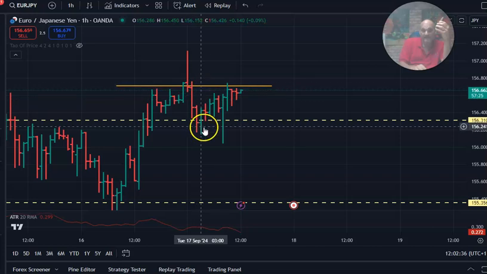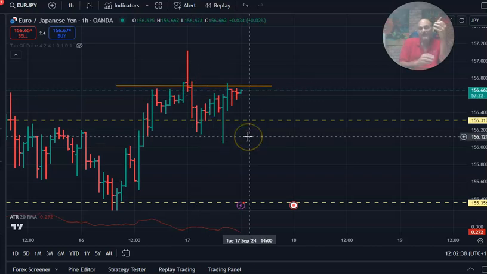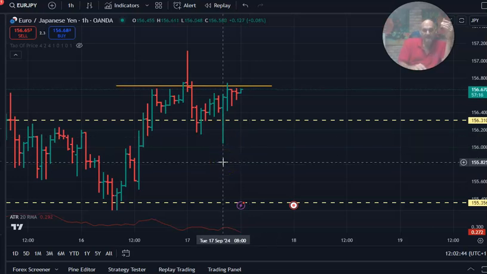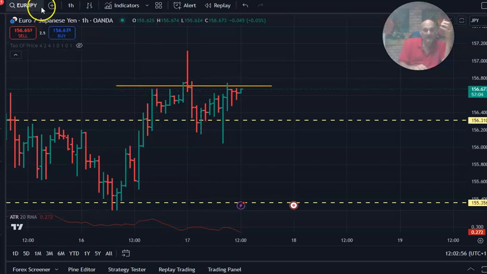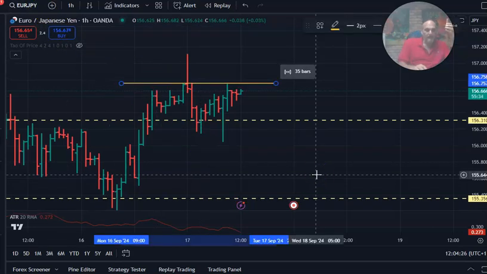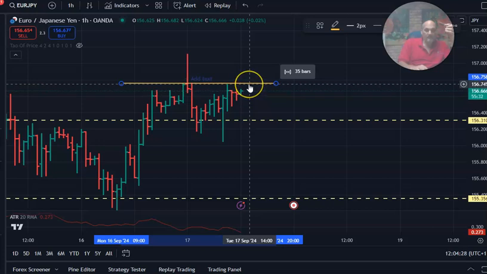Now it did it last night, so I don't know if that puts the kibosh on that. But what was the low last night? 156.04. Okay, that's going to change the analysis a little bit. Hang on. Wait, what was this low? Hang on, let me do some quick calculations. Okay, so the critical price actually is